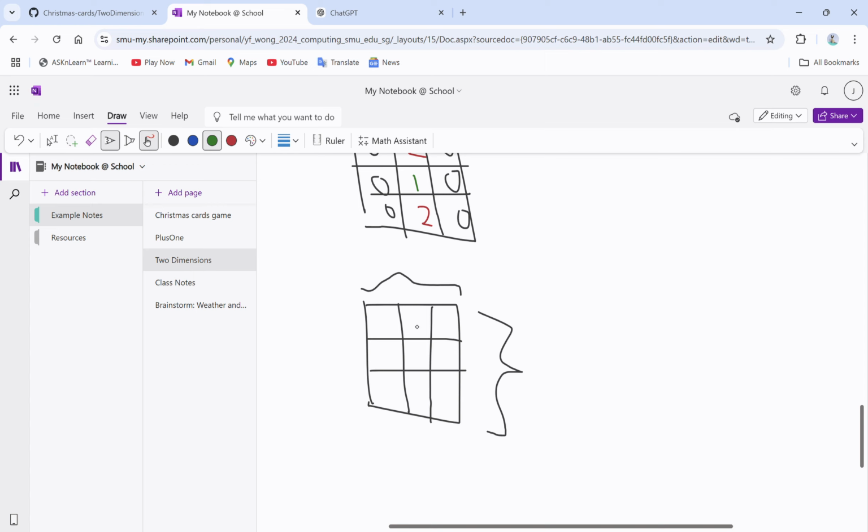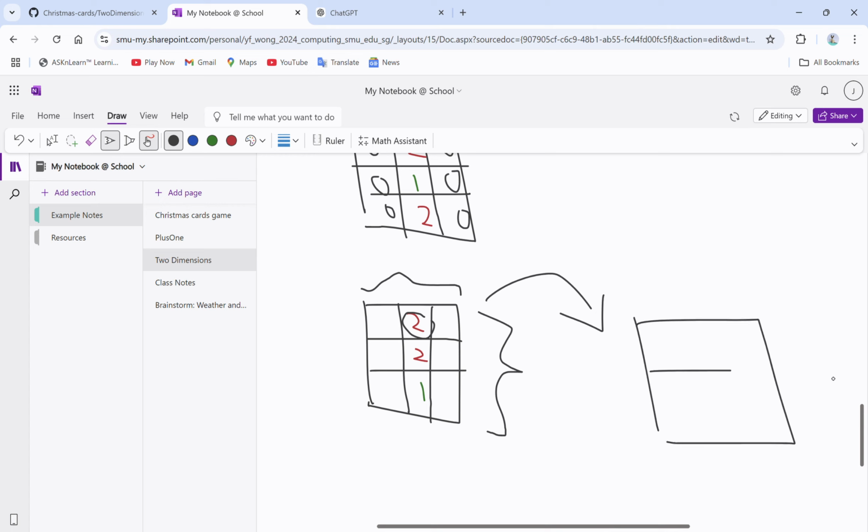So it is possible to tell who is the winner for a 3 by 3 array. Yeah, so let's just say someone arranges the cards in this way. We have a red card and a green card. And if player 1 chooses red, the winning move for player 1 is to flip this card, and now it becomes